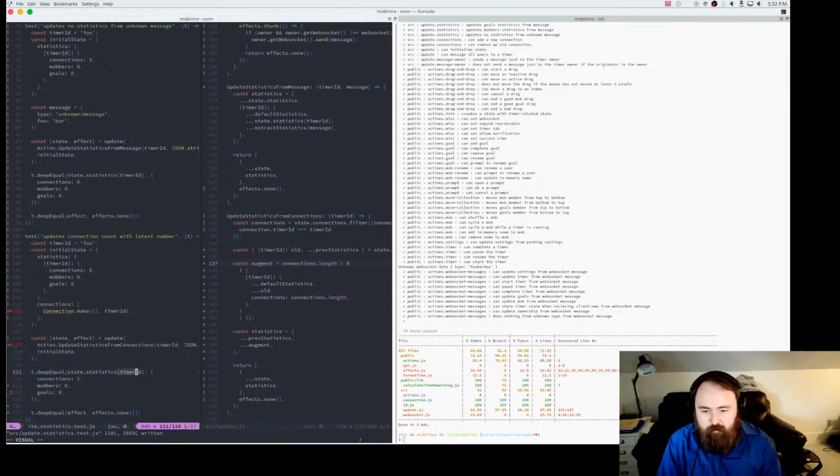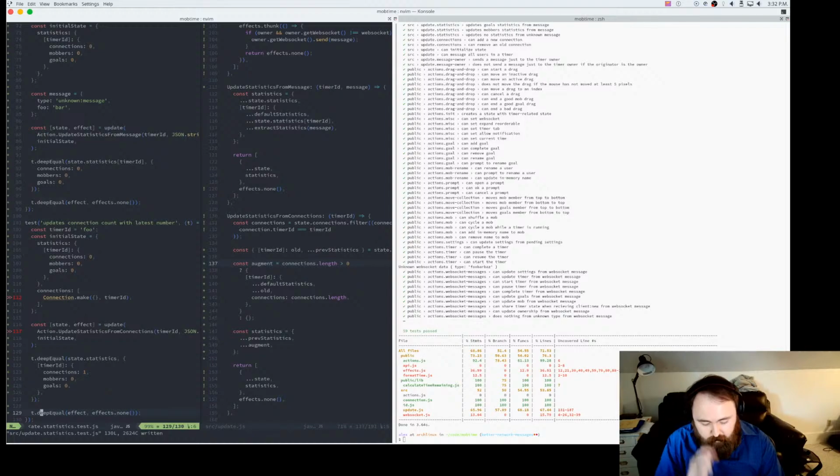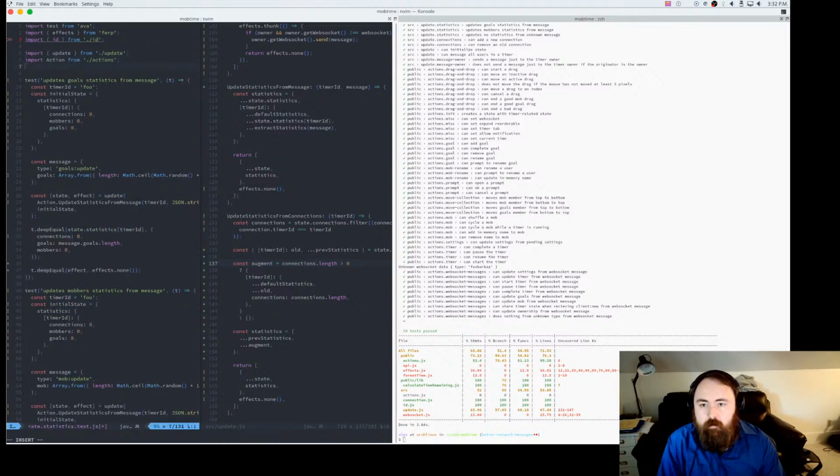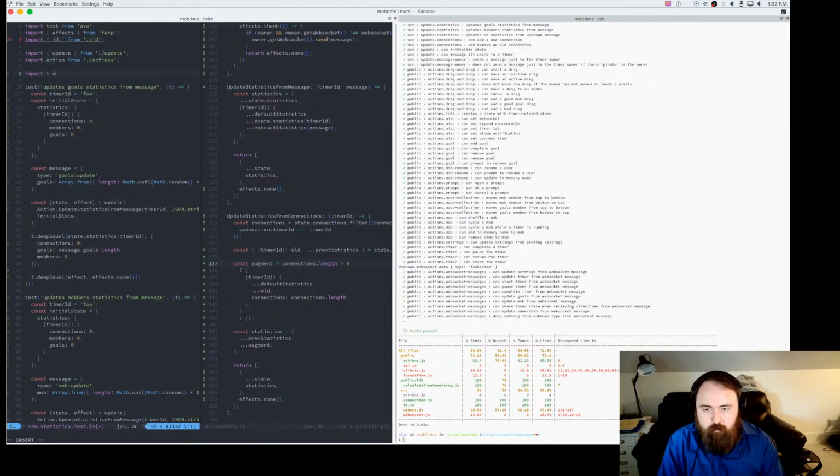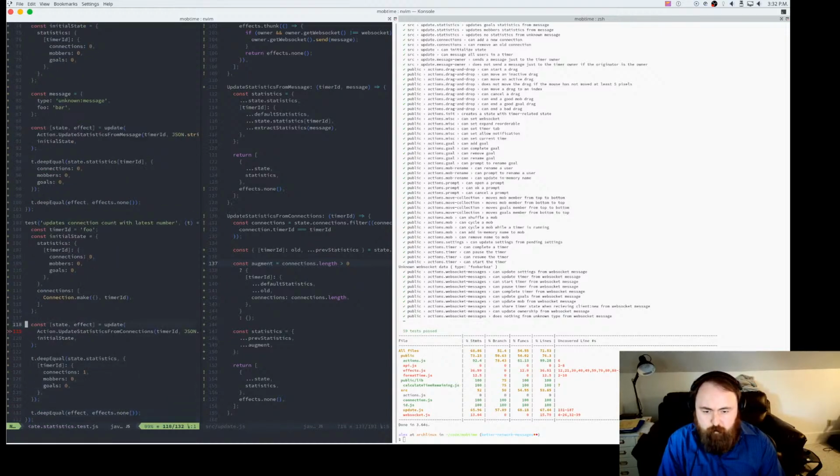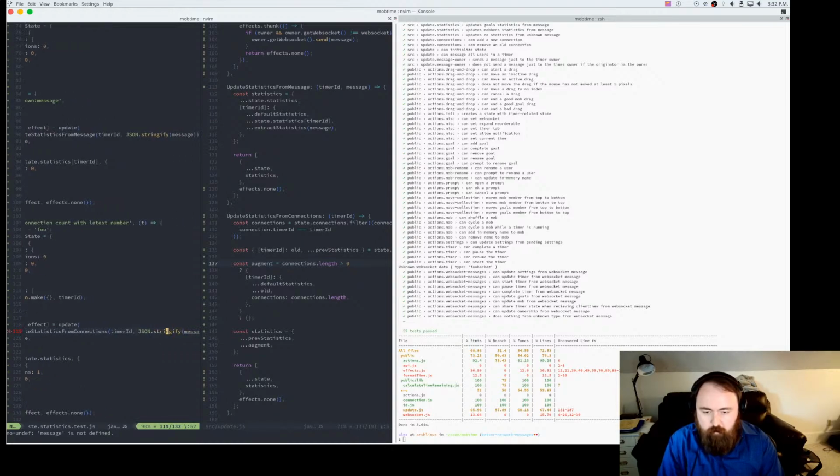I want just statistics, but we will do a timer ID here, just to prove that our timer ID actually exists the way that we think. And let's see, we need import star as connection from connection here. We got a long line. Nope, message isn't defined. Oh, well, that's fine. We don't. Who needs a message?